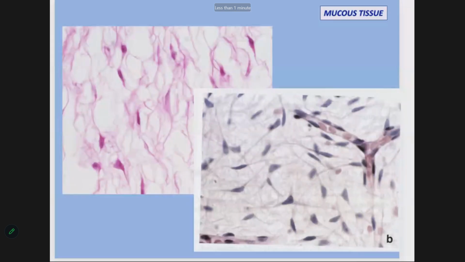And one more, mucous tissue. Mucous tissue, also embryo tissue, is characterized by the mucous cells and many large volume of